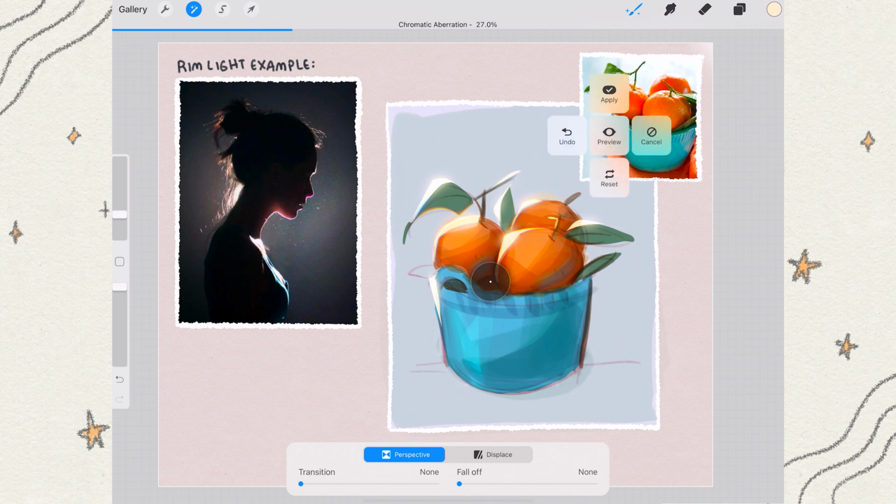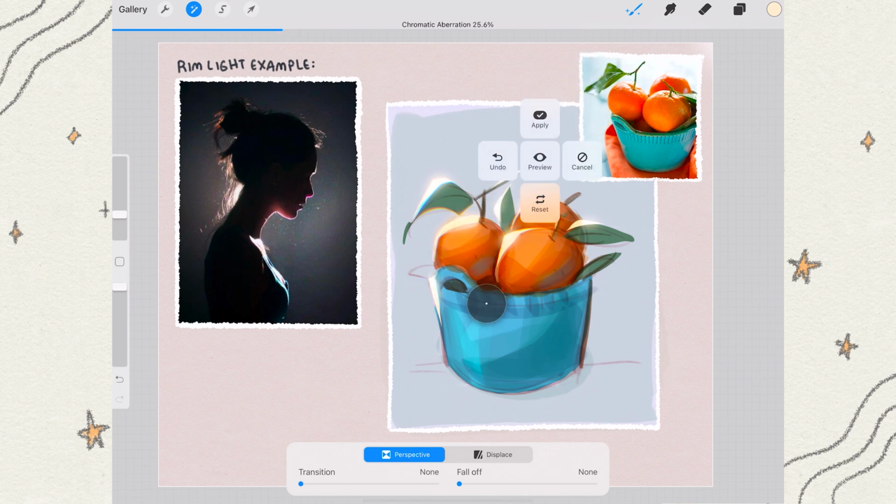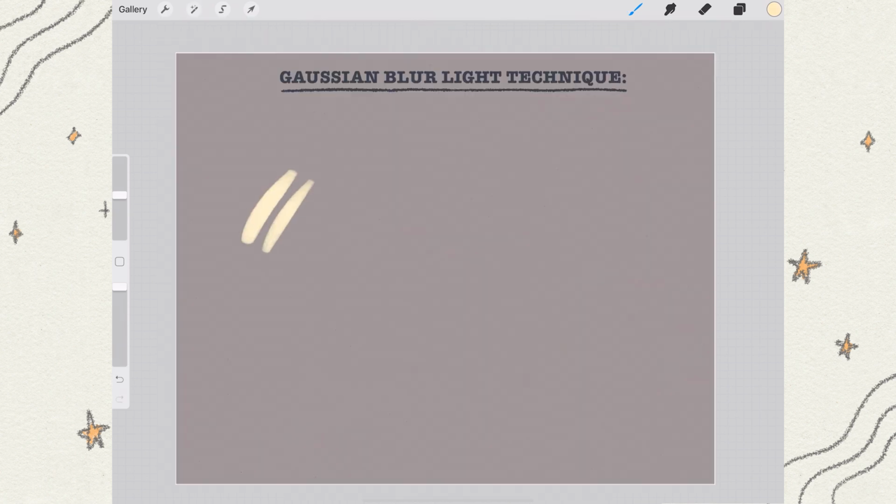And you can see that my method for adding chromatic aberration involves brushing onto one area, then tapping the screen to hit apply, and then continuing to brush and then hitting apply again, which allows me to diversify the chromatic aberration a little. So I know that bloom is a Procreate feature, and I'm not sure if something similar